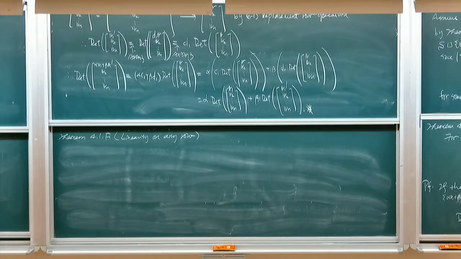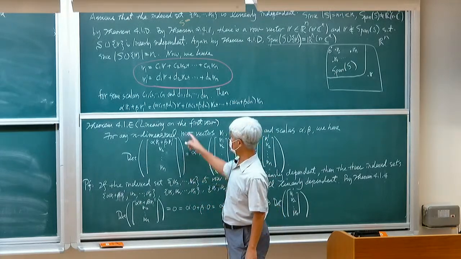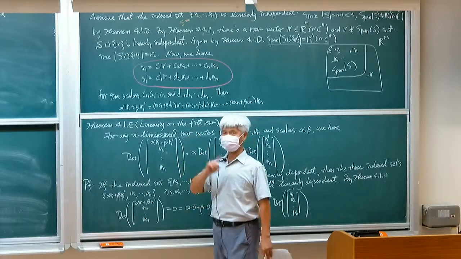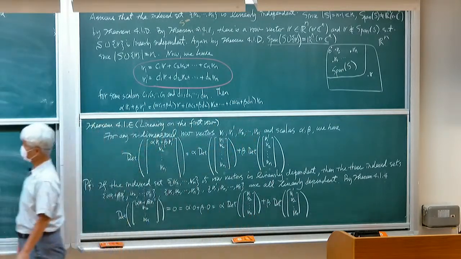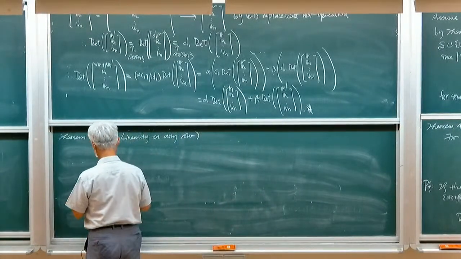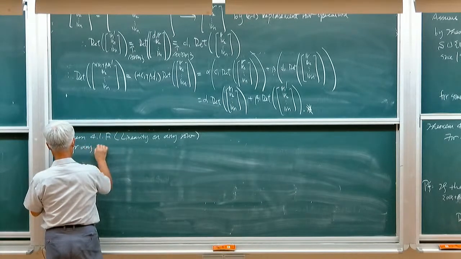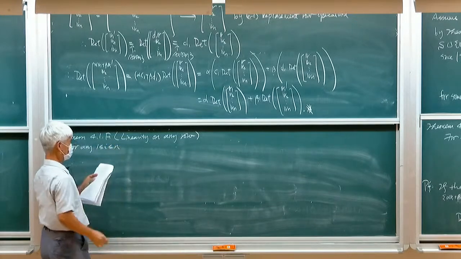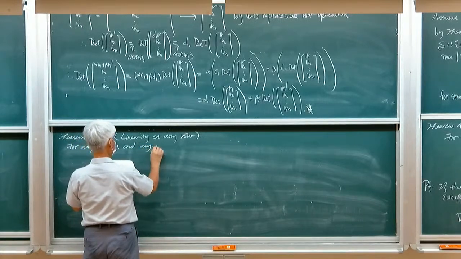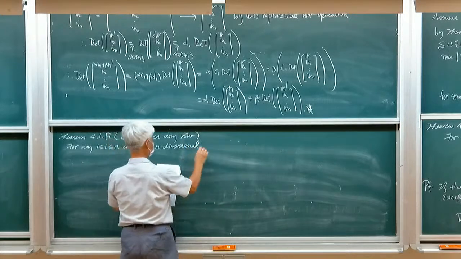Theorem 4.1.e tells us that the determinant function is linear on the first row. But actually, the first row is not so particular, right? Actually, it is linear on any row. So for any i from 1 to n, and any n-dimensional row vectors,